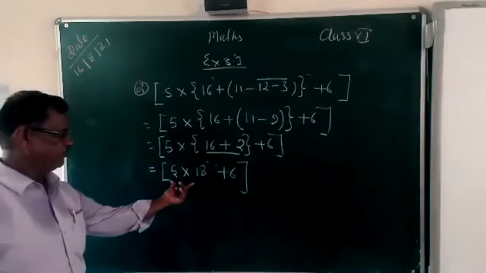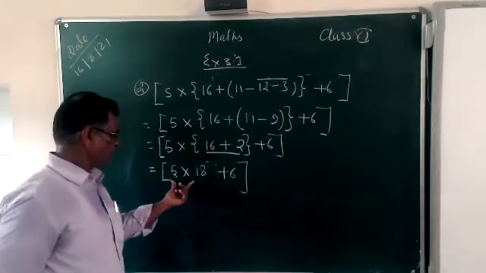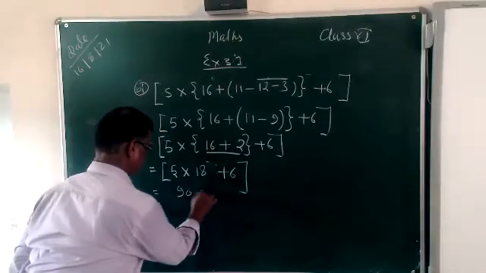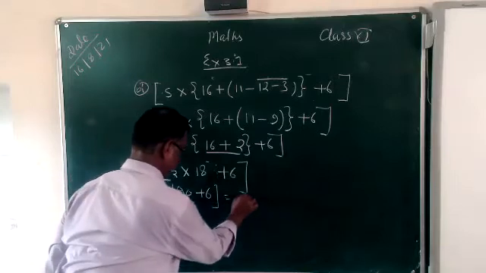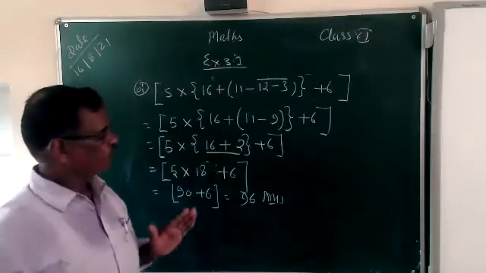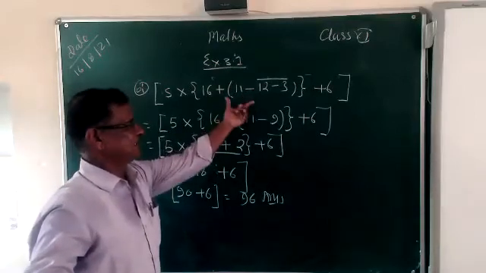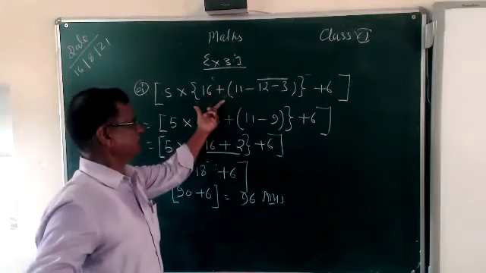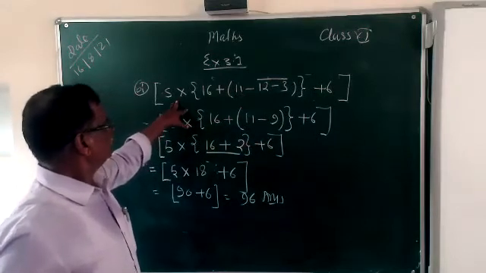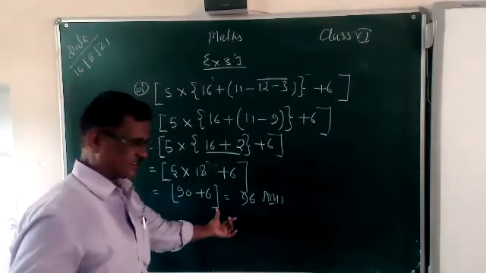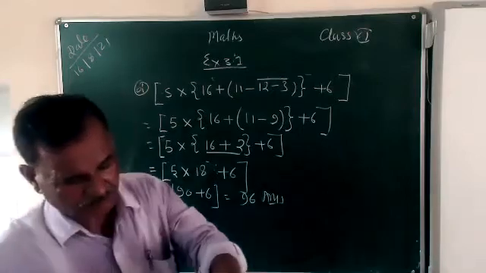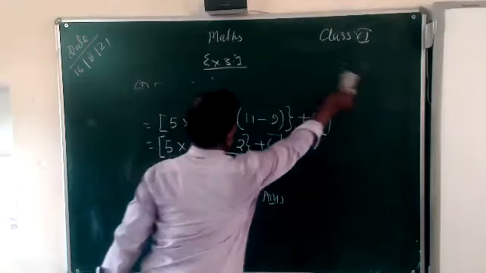Now multiply. Use the BODMAS again here. Multiply them, 90 and then plus 6 coming 96. This is your answer. This way you remove the bar bracket, common bracket and simplify them and then curly bracket, simplify them and then remove the curly bracket and then you remove the square brackets at last. So this way you can do any questions. Now I tell some big questions given in second parts.